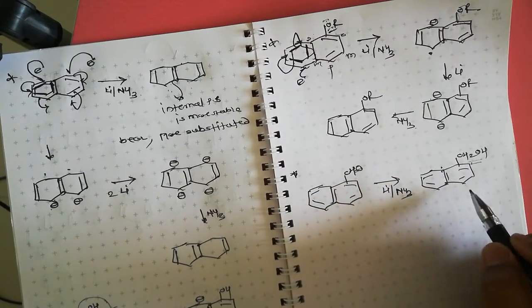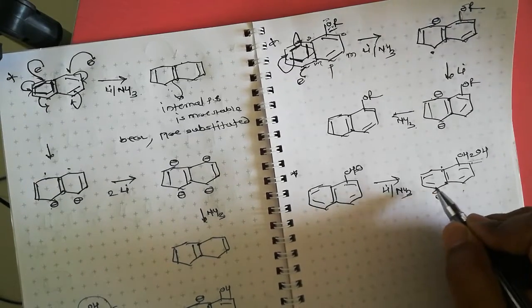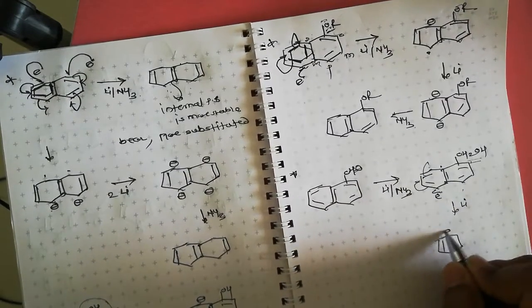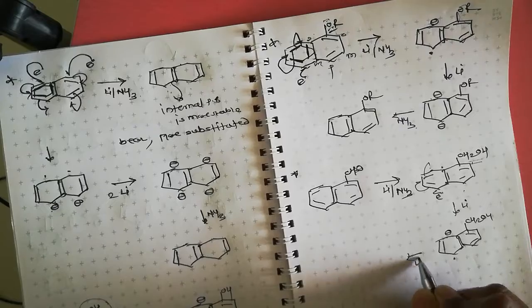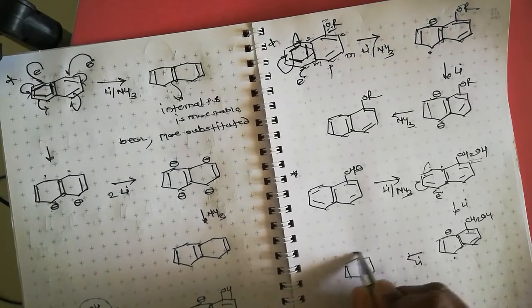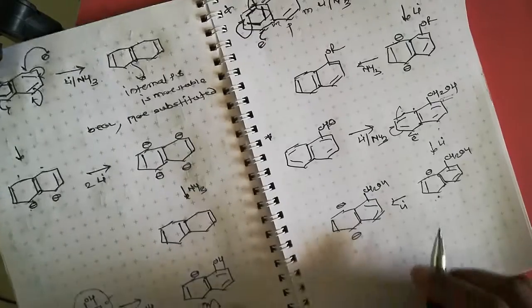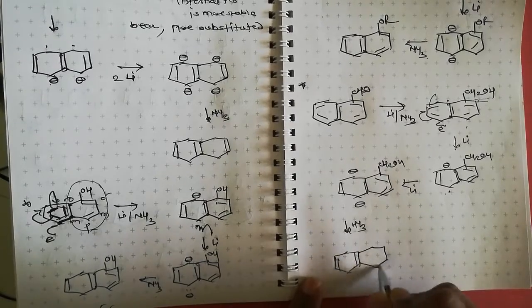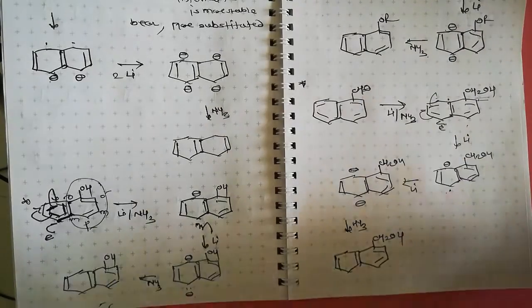Therefore here the ortho and para positions are electron rich, therefore electron transfer here, and we get this product. Then lithium again transfers its electron to this radical, and we get here two negative charges, here CH2OH. Then ammonia transfers its proton to these two negative charges and we get this product. Now we can see the next example.